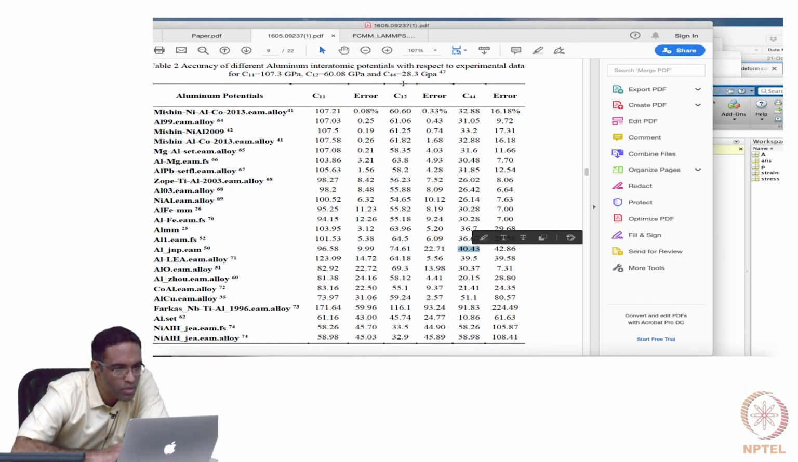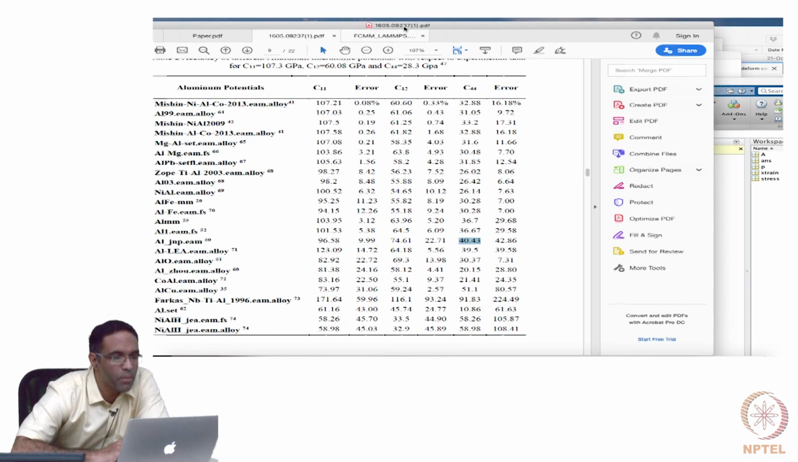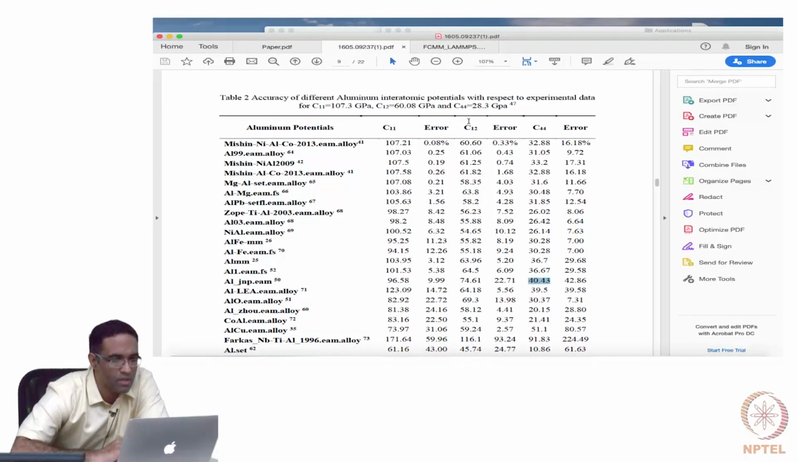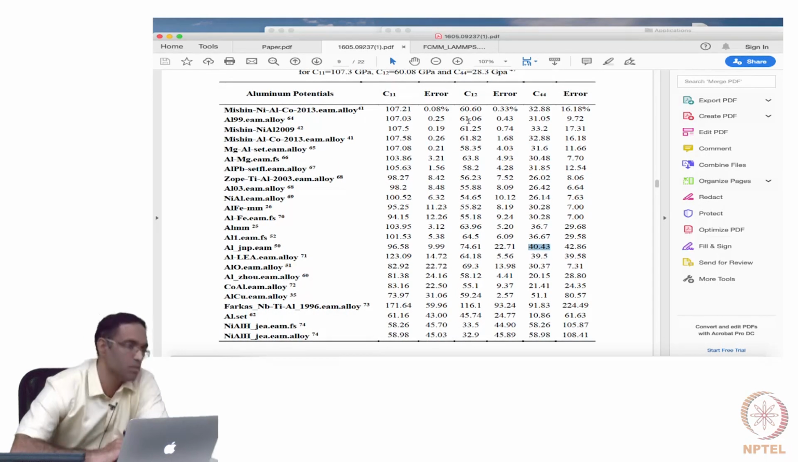40.43. The actual value is about 28.3. So it's not great, but it's okay as far as the potential is concerned. This potential is not supposed to do anything better than that. So you need to keep in mind what experiments are saying about your values and what this potential is